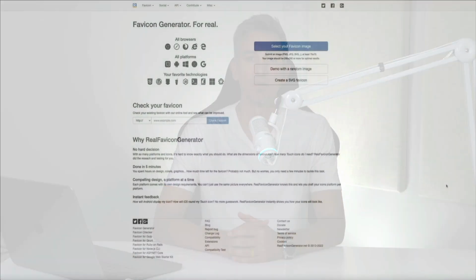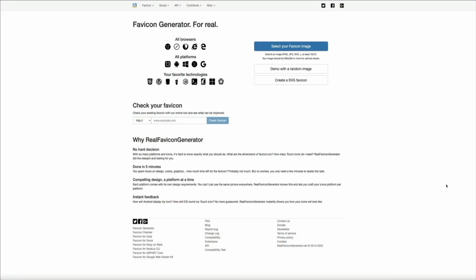Okay, so the process to create your favicon and add it to your WordPress site is fairly easy, but there are multiple ways to accomplish it. And in this tutorial, I'm going to go over 3 ways that you can easily create and add a favicon to your WordPress website. So the first way is to use a free online tool called the Real Favicon Generator that you could access at